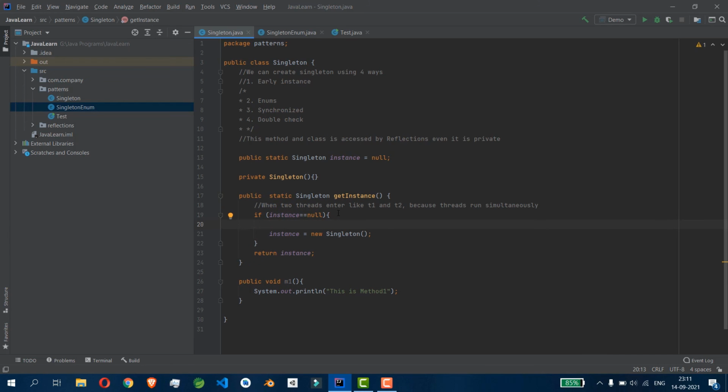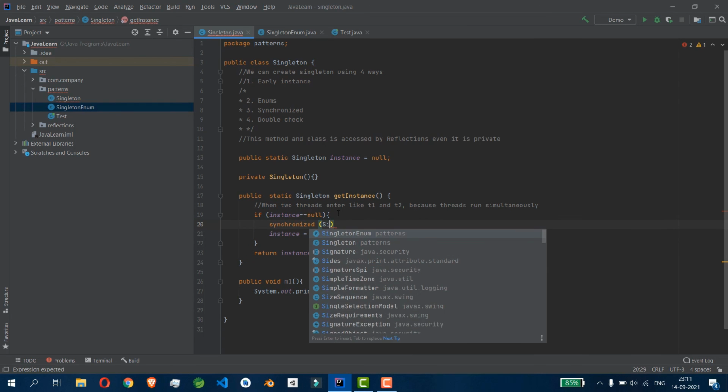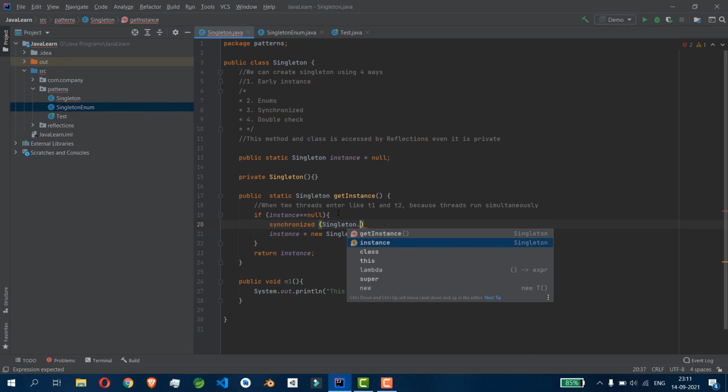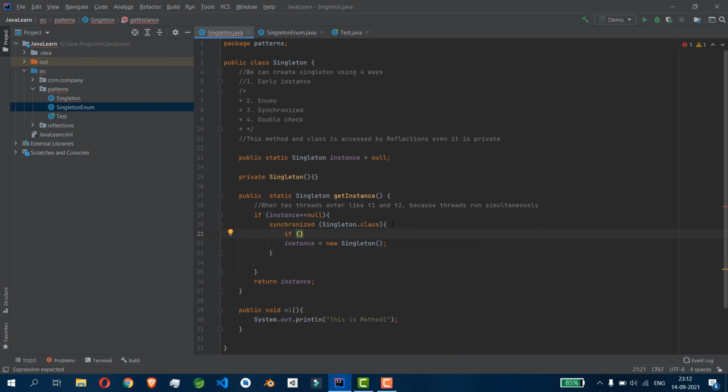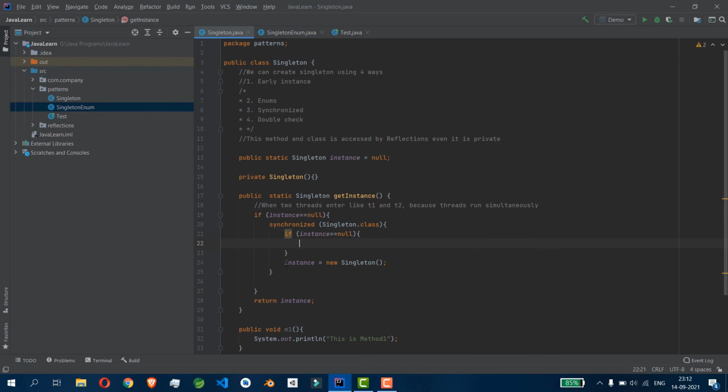The last method is the synchronized block method. Instead of synchronizing the whole method, the whole function, we can simply block some particular code using the synchronized block. This way we can create thread safety also. Whenever thread 1 and thread 2 enter the instance equal to null check, they both pass.